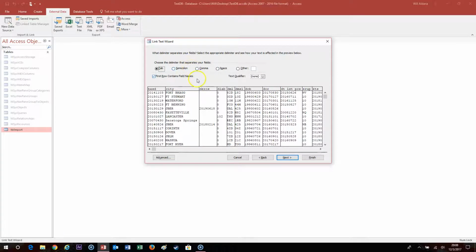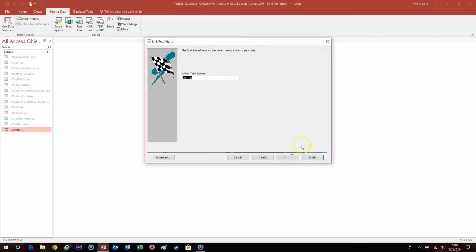So make sure that however you're pulling your data in, however you're saving your data, whatever order the fields are in, that you're saving it the same way every single time. So we're going to go to next. Next, all my stuff's already done, so I'm going to name this table link, because we linked to this table. Hit finish,